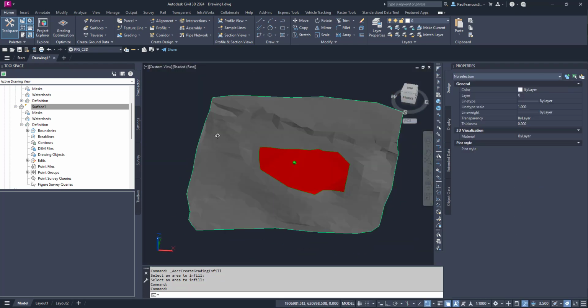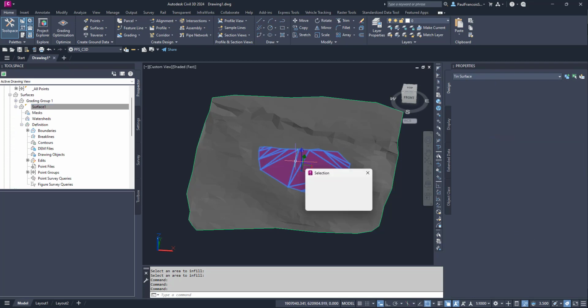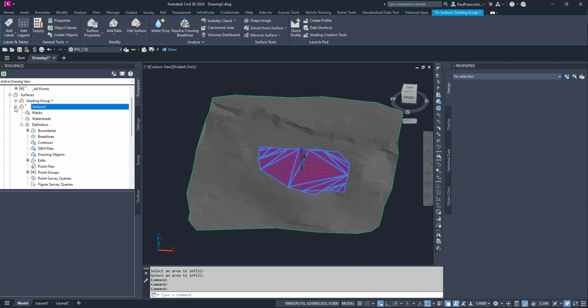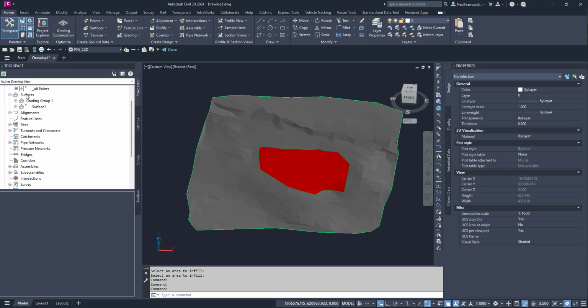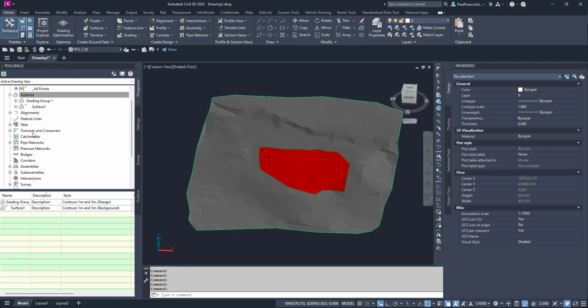And now what remains is to define those two surfaces. There's a thin surface. It's called grading group 1. And so we'll create a new surface. I'll call it combined. And then in the definition,